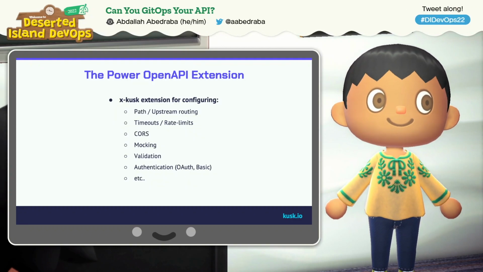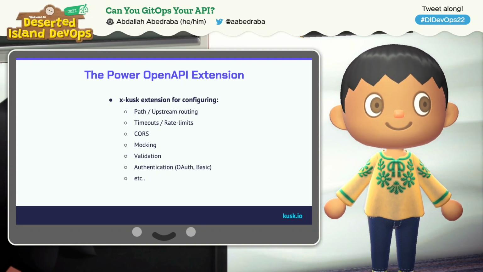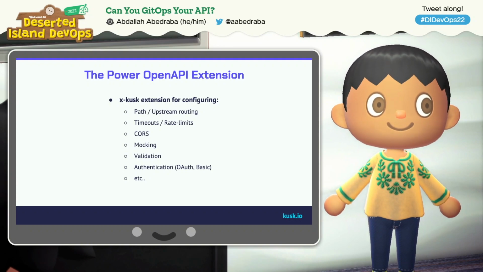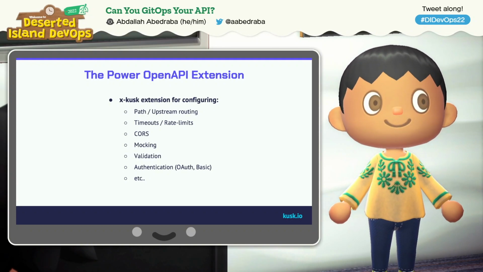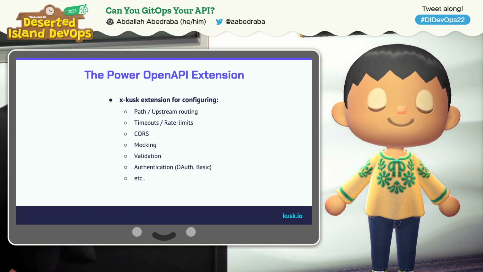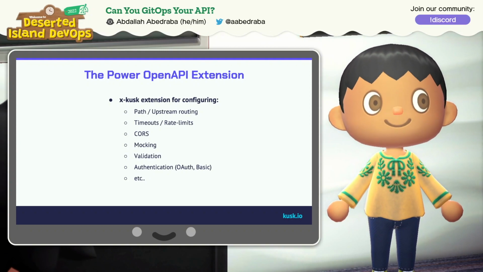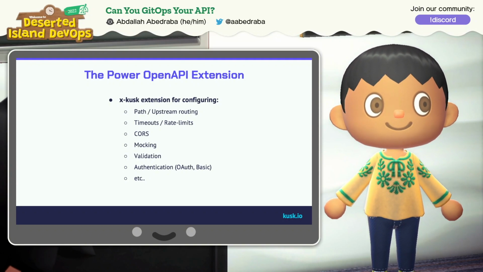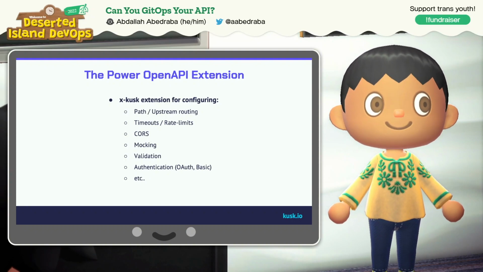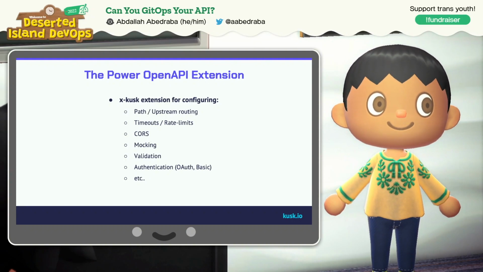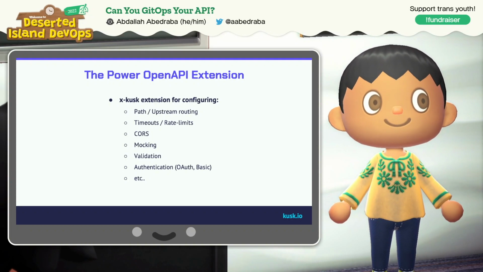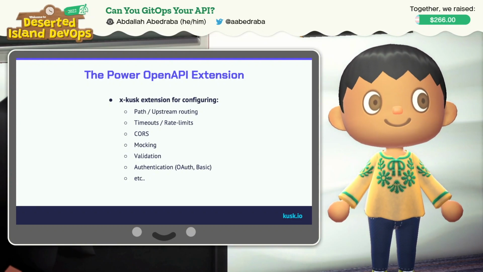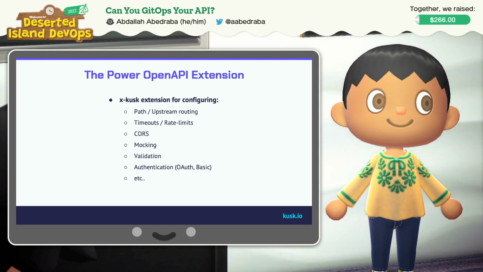And so this is actually possible because of the power of OpenAPI extensions. OpenAPI allows you to have a way to use non-standard configurations, which are called extensions, by just adding the x dash in the beginning. And what that allows you to do, for example with Kusk, is configure all the gateway configurations like upstream routing and CORS. And one of the cool things is, because the gateway is aware of the OpenAPI definition, it can then mock the results for you. It can then validate the request for you. And so you can have less complexity in the microservices going behind you.